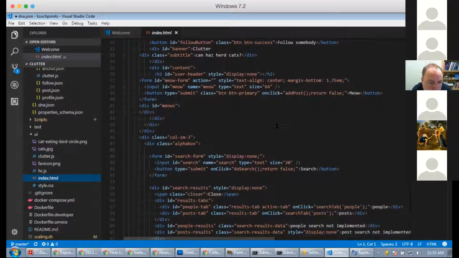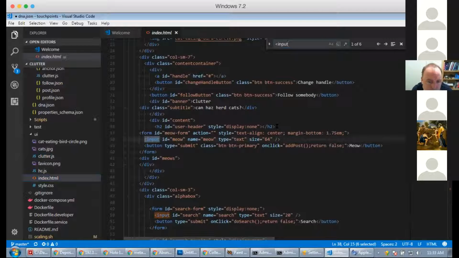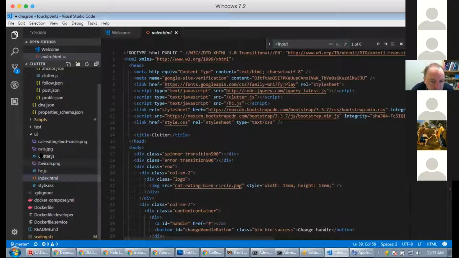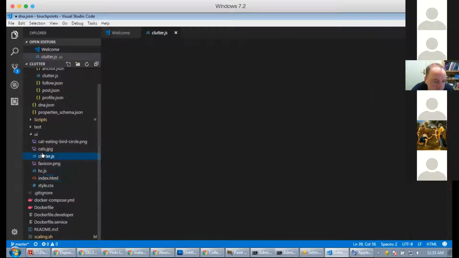Let's find our input button. Okay, here it is. Button type submit. On click add post. This is our meow button. On click add post. It's probably going to be in .js.